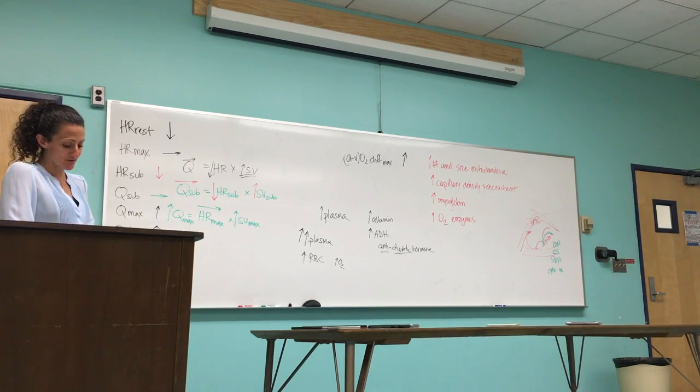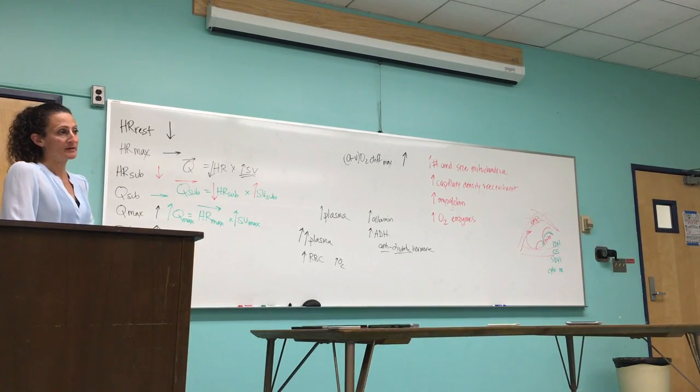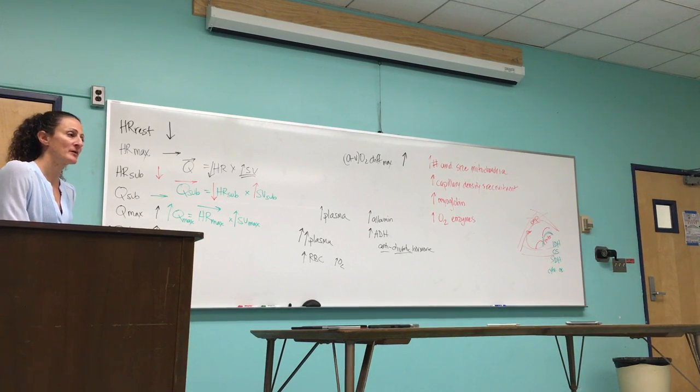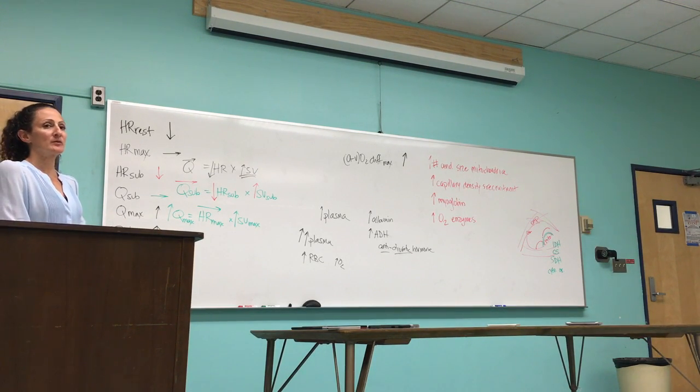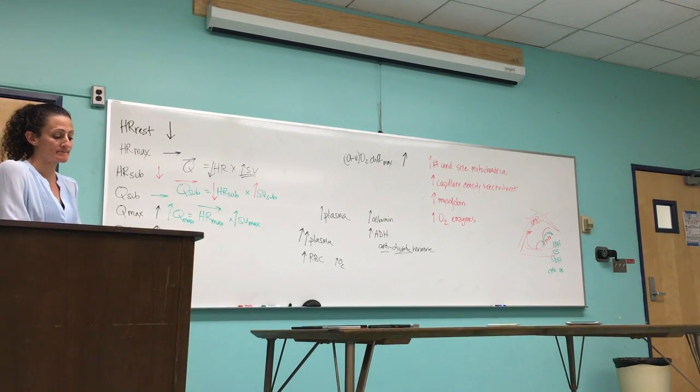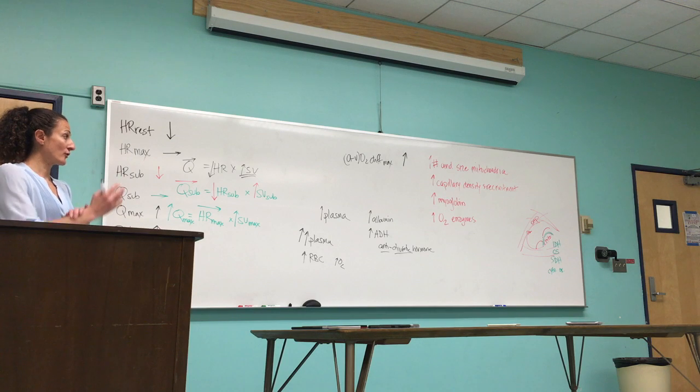Okay, next one is blood pressure. If you have a trained person and an untrained person, both jogging at 5 miles per hour, how does the trained person's blood pressure compare to the untrained person? Higher, lower, or the same? Lower. Okay, so